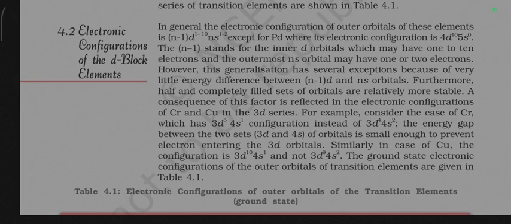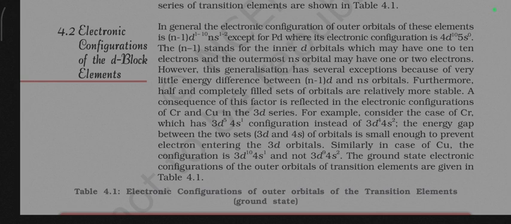However, this generalization has exceptions because of very little energy difference between (n-1)d and ns orbitals. Furthermore, half and completely filled sets of orbitals are relatively more stable. A consequence of this factor is reflected in the electronic configurations of chromium and copper in 3d series. For example,